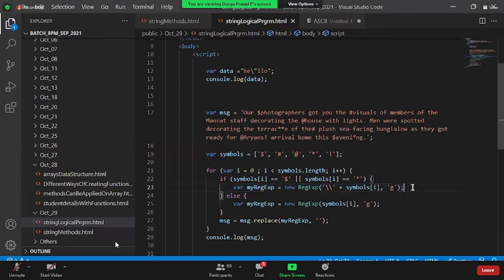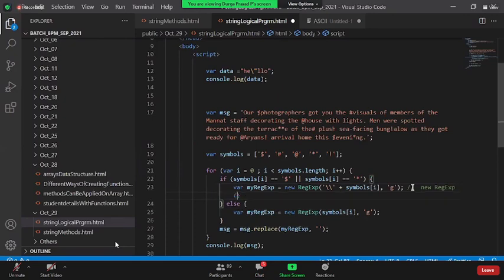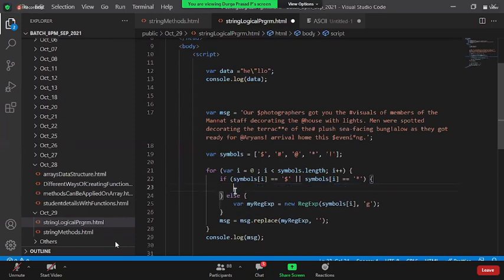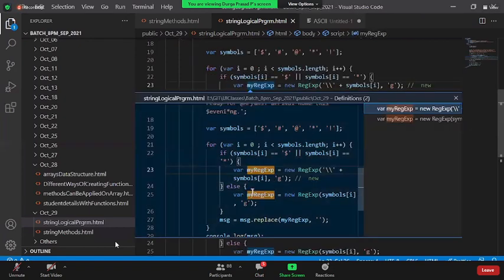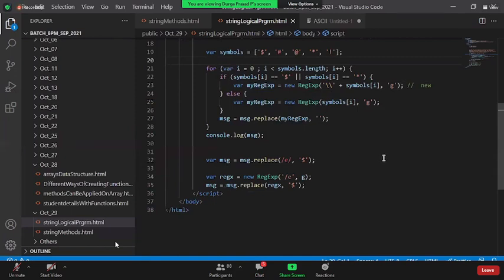So finally, you know what it will get. For example, if dollar is the one coming, it is going to come as new RegExp of double slash dollar. This is how it will come, comma, so and so. The double slash will be taken as a single slash, and finally it will be slash dollar. In order for this to happen, I was using all these characters. Okay, hope everyone is clear.